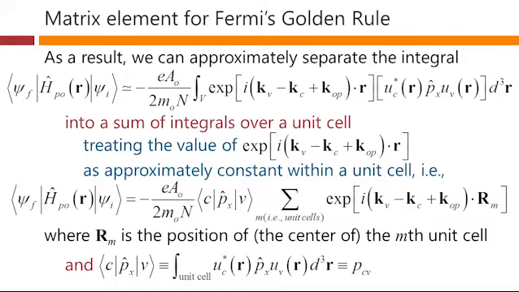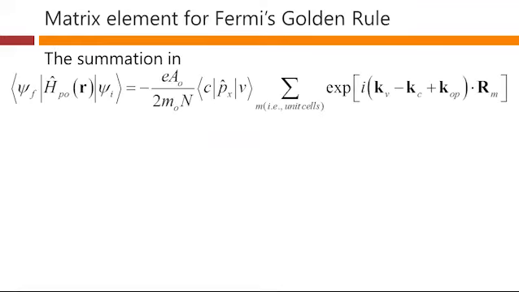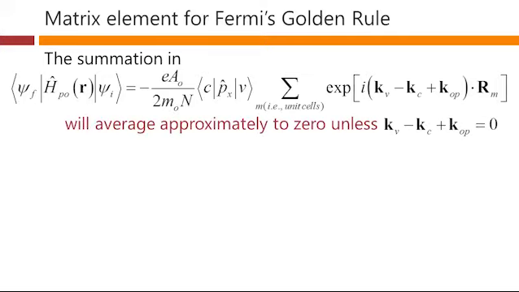And we will call that PCV. This is a matrix element that comes up in many contexts in working with semiconductor physics, not only in this optical context. It tends to come up in discussing band structures, for example. Now, the summation inside this formula we just ended up with is going to average to 0 unless the sum